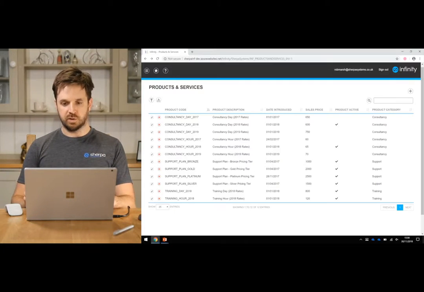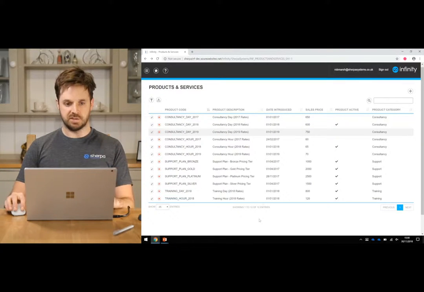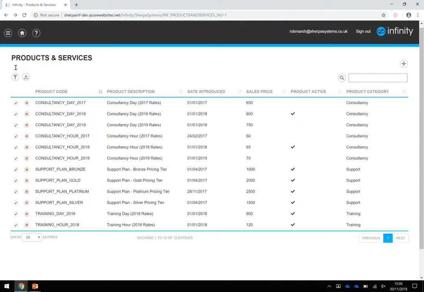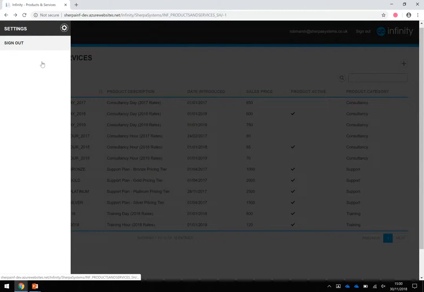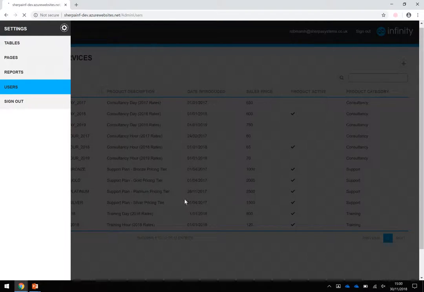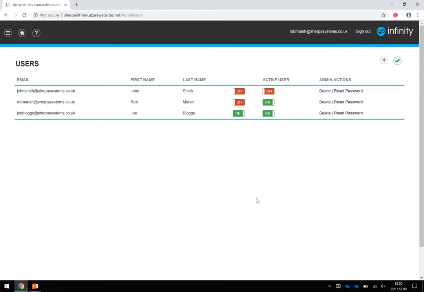Okay, so if we look at our Sherpa Infinity application that we've been using in these past lessons, there you can see our products and services page, which just lists all the records in our products and services table. Up in the top left, you've got your menu icon. If we click on that and then click into settings, you've got this users option down at the bottom. If I click on that, you can see what it shows is all the users that I have set up in my application. If we wanted to create a new one, I would click on this plus icon up here